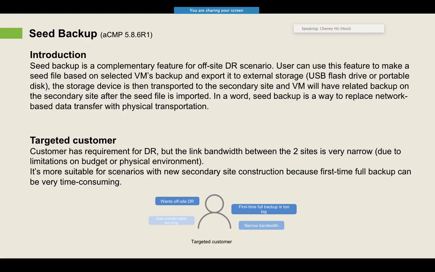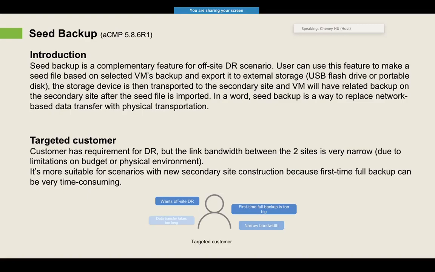They can use a portable disk to export their first time full backup data, and then they can transport that portable disk to the secondary side and import that first time full backup to the secondary side very easily, and it will be saving a lot of time for customer, and doesn't require them to build a high quality network bandwidth between the